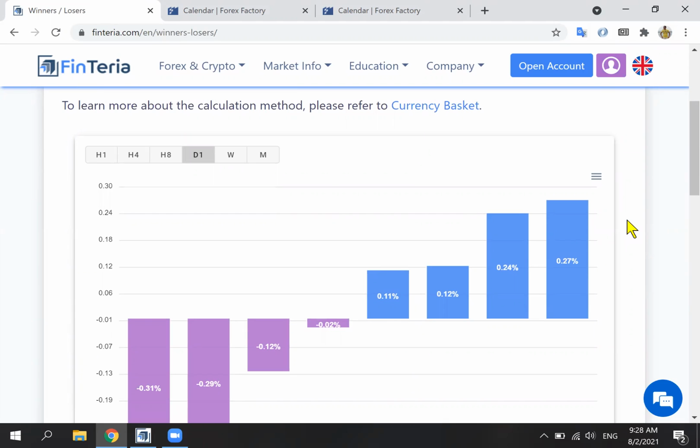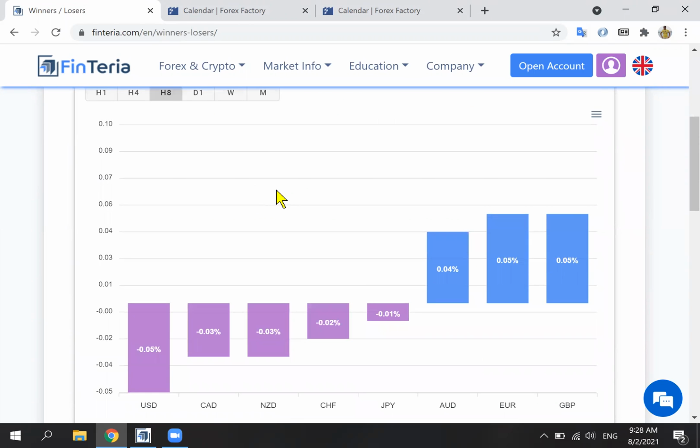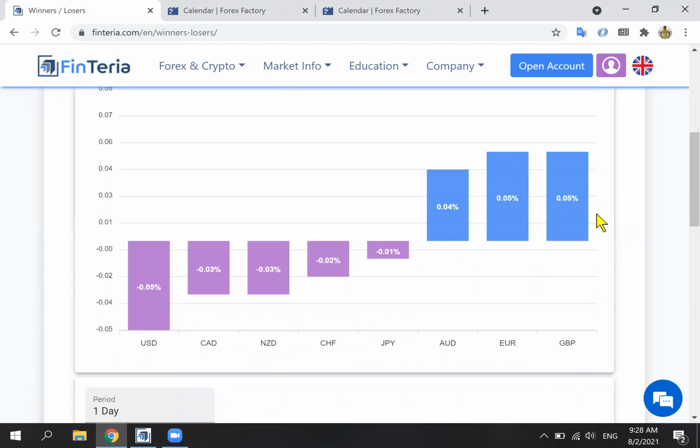And here we have multiple time frames: 1 hour, 4 hours, 8 hours. It's sometimes great just to see what actually happened over the Asian session, so it's approximately 8 hours. And we can see that there was not much volatility in the market. The US dollar is the loser of the day. It lost 0.05%. It's not really much, and we can see that the gainer of the day basically is the British pound,